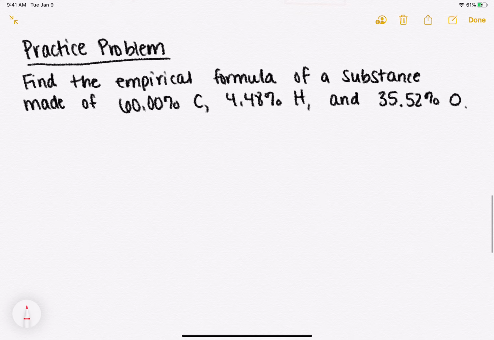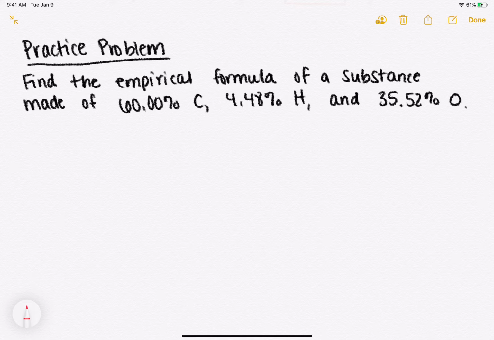So find the empirical formula of a substance made of 60.00% carbon, 4.48% hydrogen, and 35.52% oxygen. Well, this one, as you can see, is a little bit different. It gives percentages instead of grams. So if you ever come across a problem like this, where you're expecting the grams, but instead you have percentages,